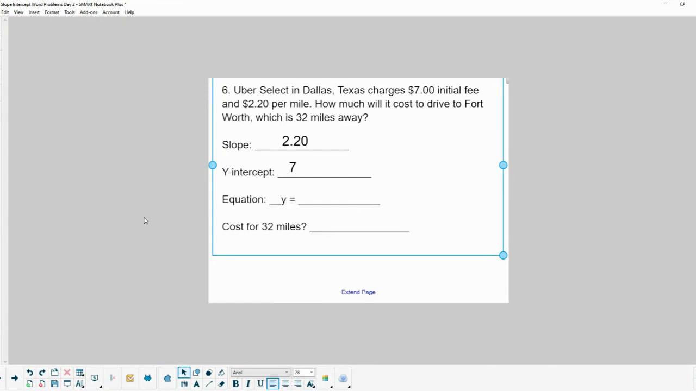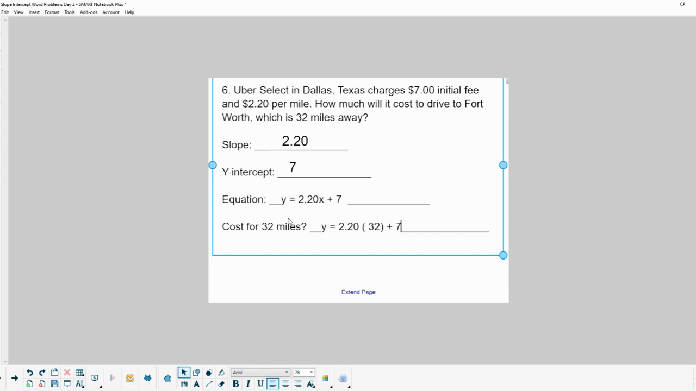Y equals how much it costs per mile, 2.20 plus the cost, the initial pickup fee. So what would it cost to go 32 miles? Oh, we forgot to put our X on there. We're going to need that in order to have a place to put a number in for X. So for 32 miles, that would be Y equals 2.20 times 32